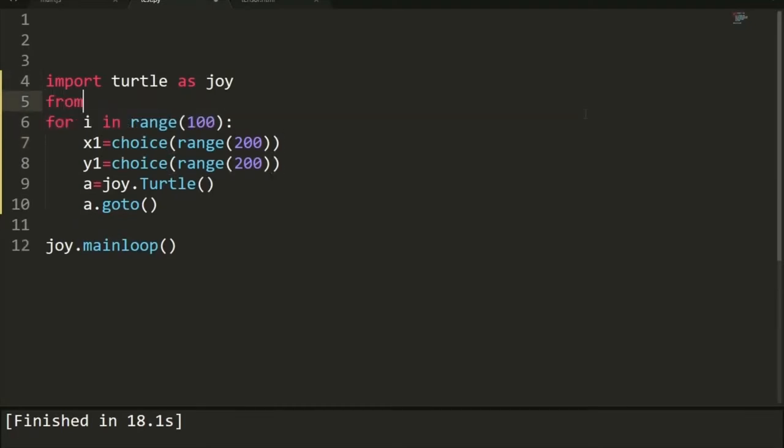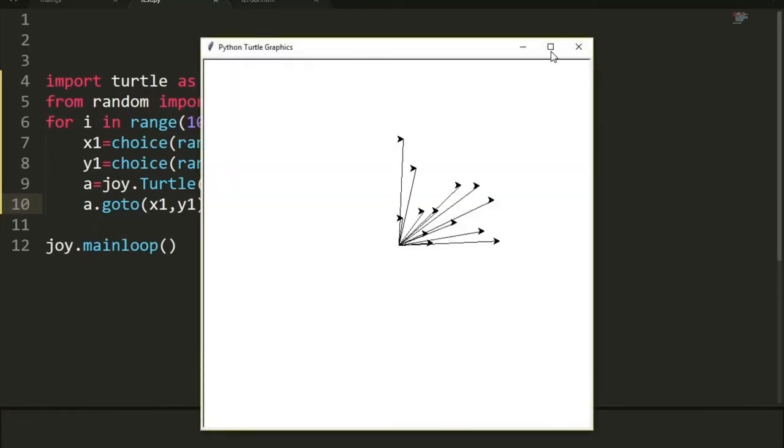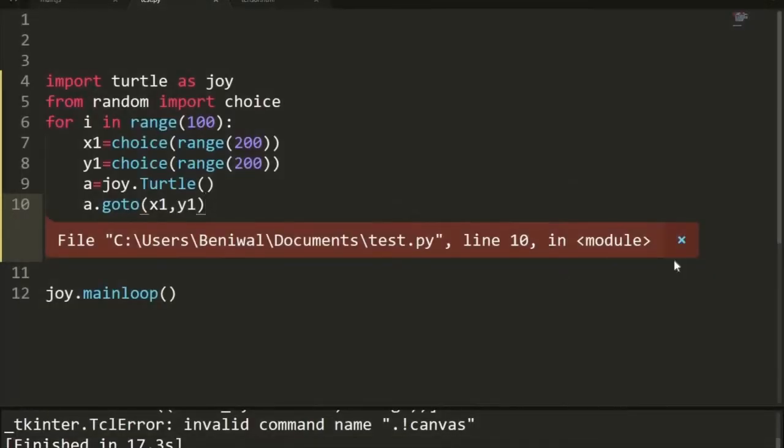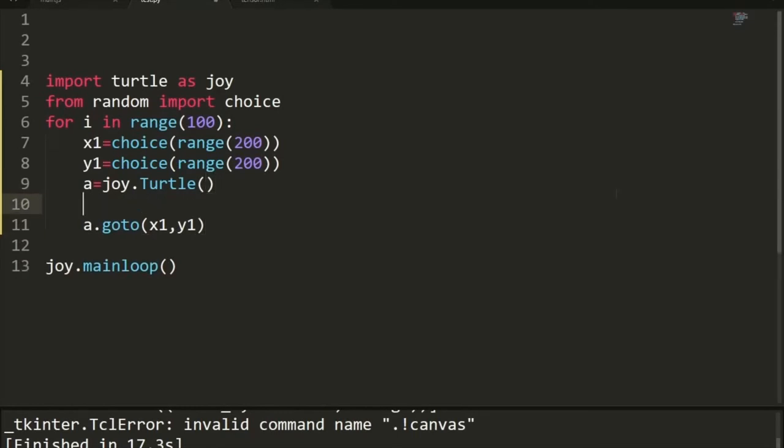y1. Actually now, from random import, so this step is also important. Then we use a.goto x1 minus y1. Let's run our code, and now you can see these are my 100 turtles and they are going to different positions. Actually turtle graphics is very interesting if beginners understand this. Now you can see these are my 100 turtles. And there is a canvas error, which if we a.speed